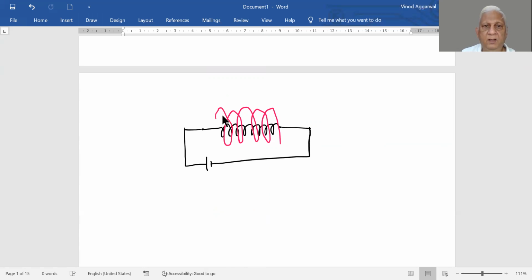We connect a battery. Now what will happen? The moment we connect a battery, a magnetic field will be generated in the inner loop, which will be within the solenoid and not outside. Outside, this here or here, B will be 0. Okay. So if we call this coil A, this coil B,